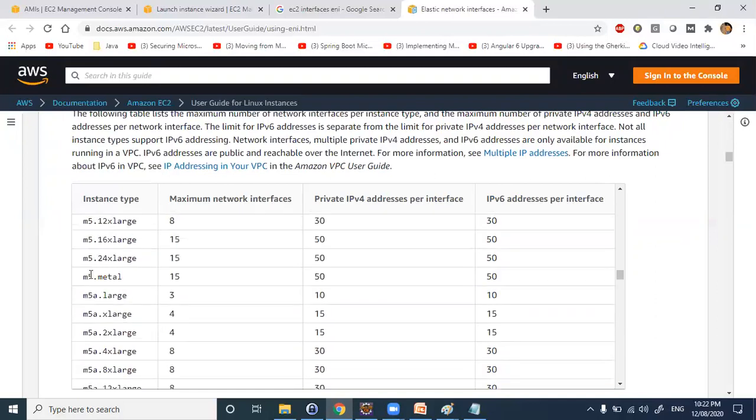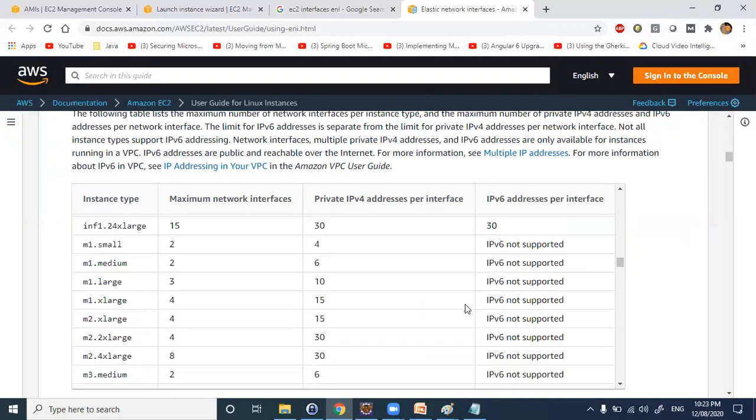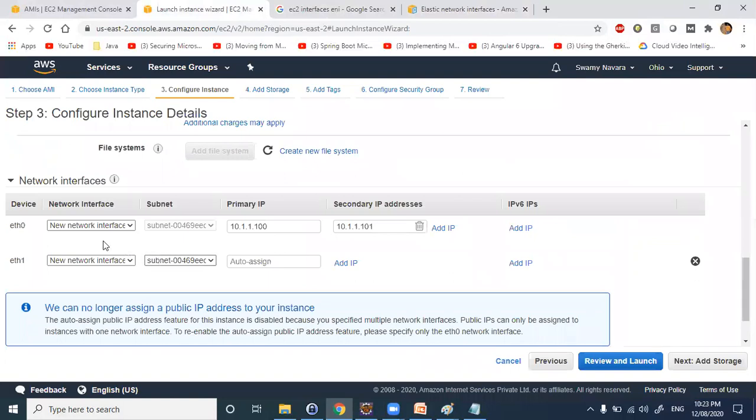For example, M4.large will allow 2 network interface connections, and a total of 10 private IPs and around 10 public IPs you can assign. Now we selected T1.micro, so at max you can add 2 IP addresses for this one. So let us assign 1 or 2 here.